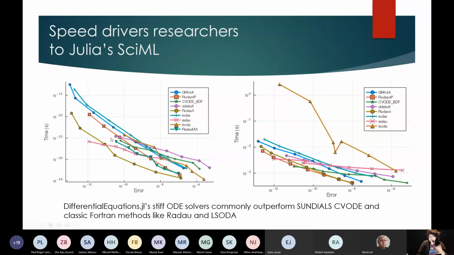There are some cases in some places where a traditional method will outperform our new implementations. For example, if you go to really low error, Radau tends to have a very good scaling. But if you're in standard error regimes and for most equations, what you'll find is that things like RODAS5, these new Julia-based methods, tend to be the fastest stiff ODE solvers for a lot of these different cases. And so there is quite an advantage to using the differential equation software, even just for simulation of stiff systems.